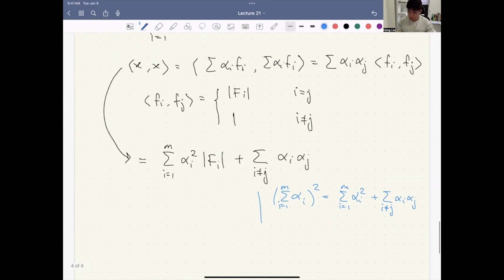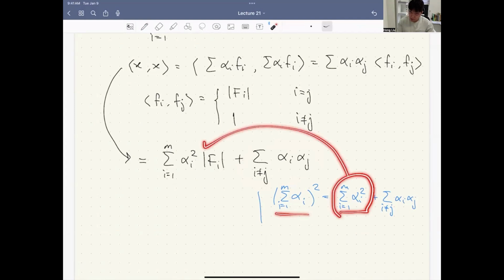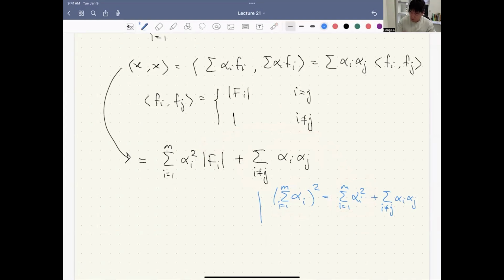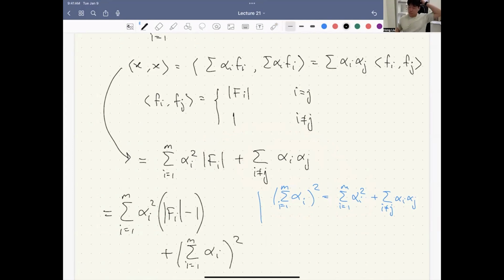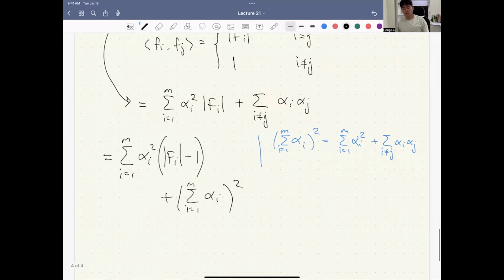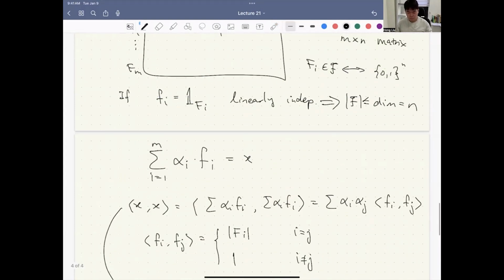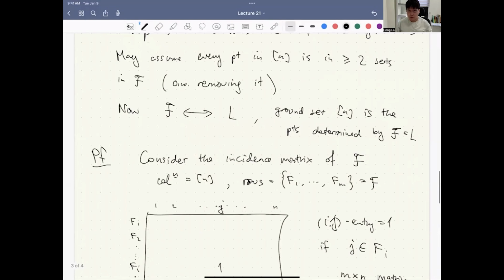So that means we can write this guy as the difference of this minus this. Then we can merge this guy in here. So we have this equals to the sum of alpha i squared times (f_i minus 1) plus the sum of alpha i, i equals 1 to m, squared. Now, very good. Assume for a moment